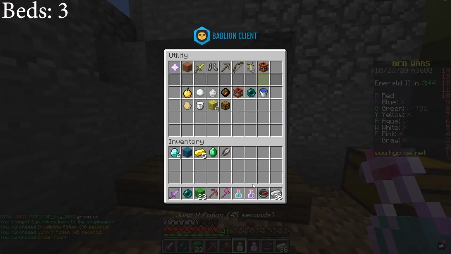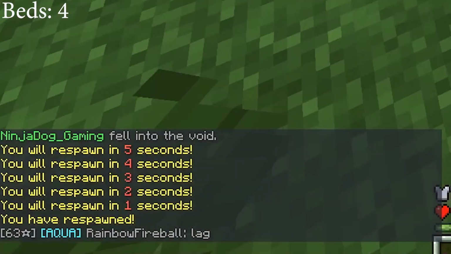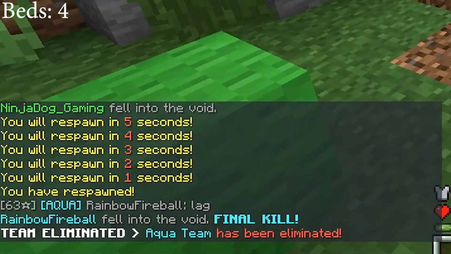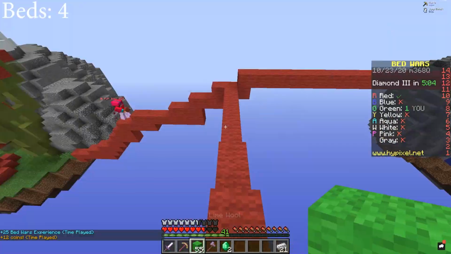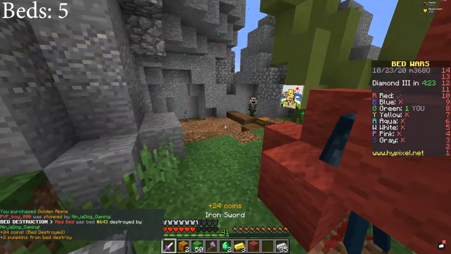After that failure, I decided to buy an ender pearl. This almost feels like cheating, it was so easy. Right after I took his bed, he fell into the void and blamed lag. Typical Bed Wars player, am I right? With the only good player in the game gone, I steamrolled through Red 4 times, took his bed, and killed